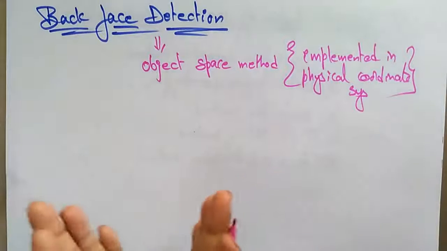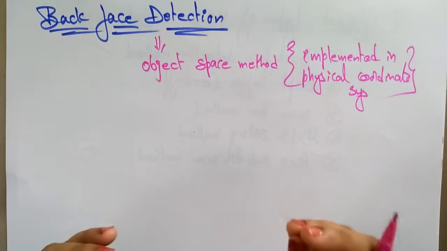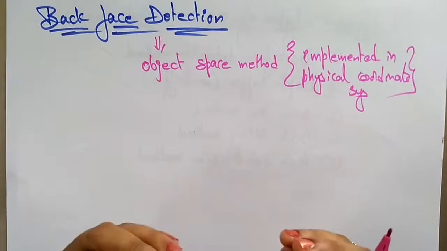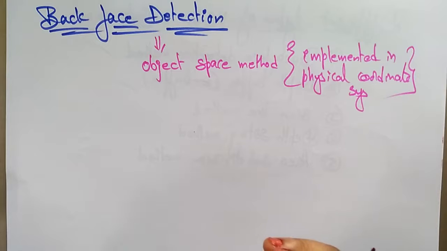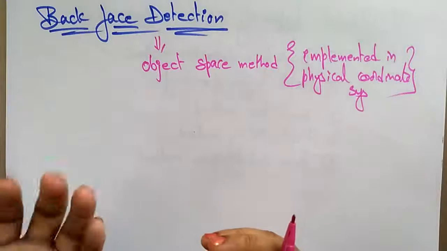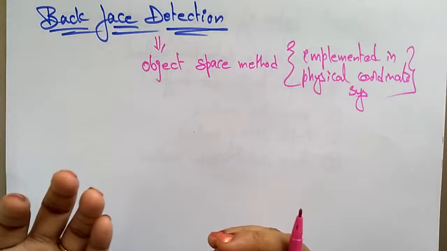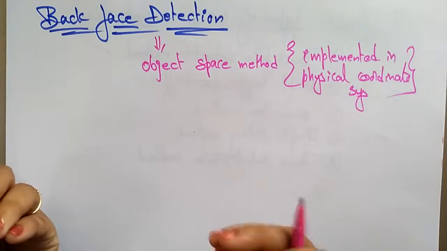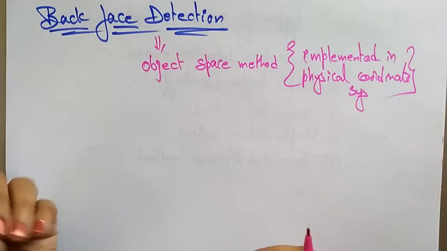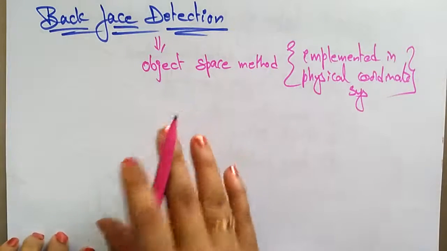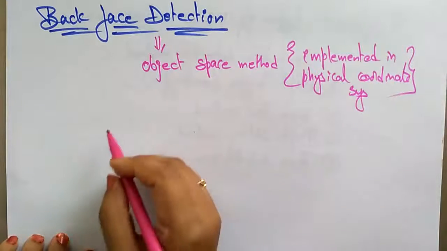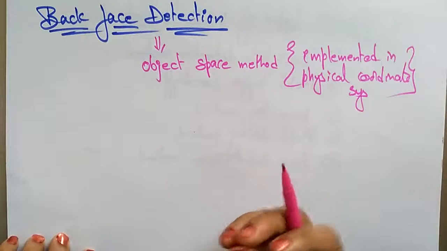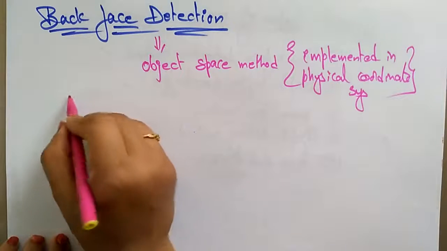So the main aim of back face detection is to remove the surfaces which we are not able to see, because they contribute approximately half of the total number of surfaces. Even though we are not able to see them, so much processing time is wasted. So to save processing time, we can remove them before the clipping process. Back face detection is a fast and simple object space method to identify the back faces of a polyhedron, based on the inside outside test.